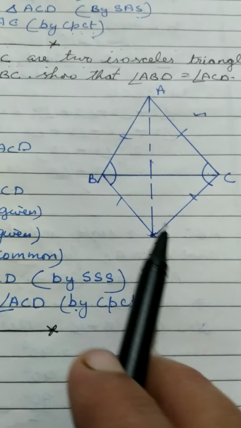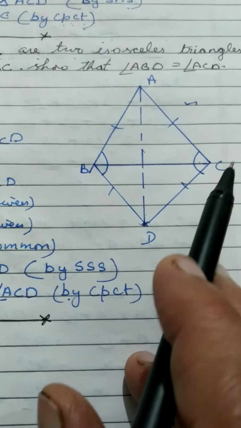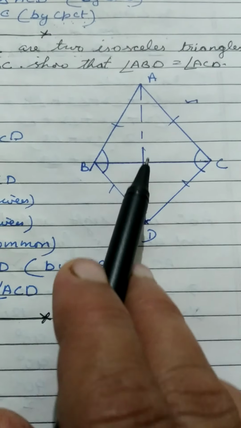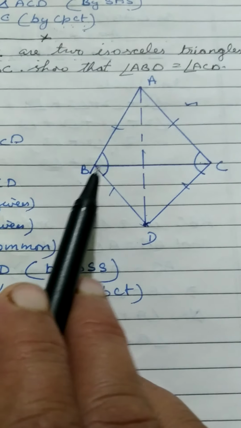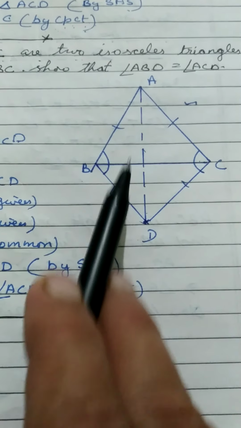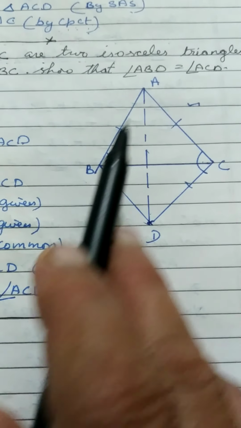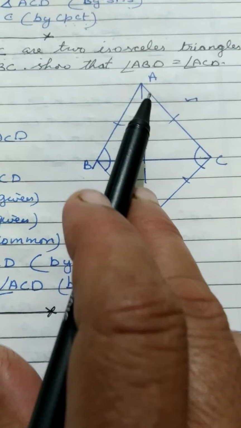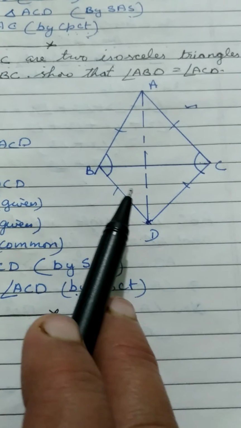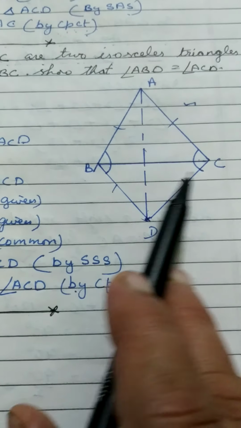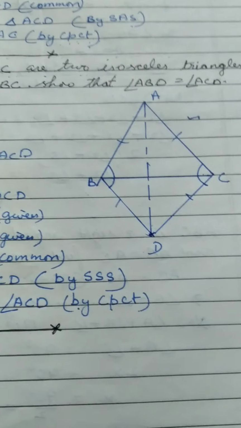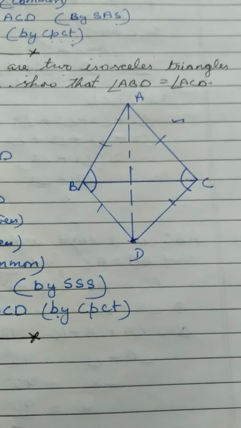Now triangle ABD is congruent to triangle ACD by SSS criterion. If the sides of one triangle are equal to the sides of the other triangle, then we say that triangle ABD is congruent to triangle ACD. It means that angle B is equal to angle C because these are the corresponding